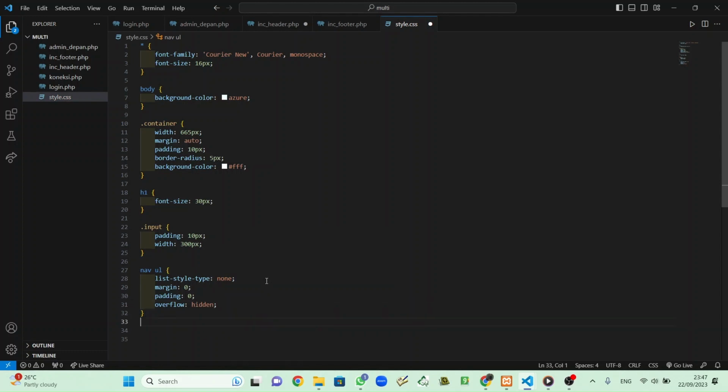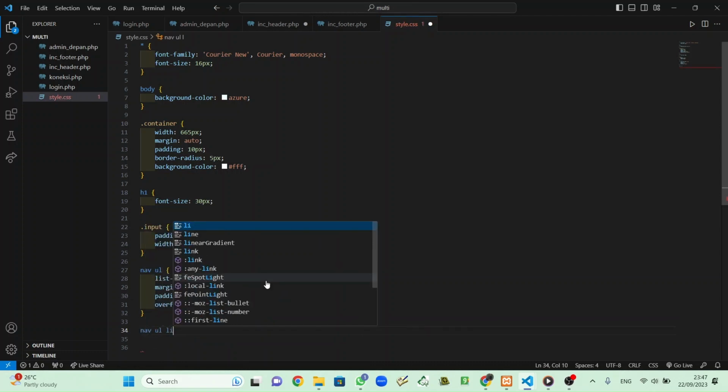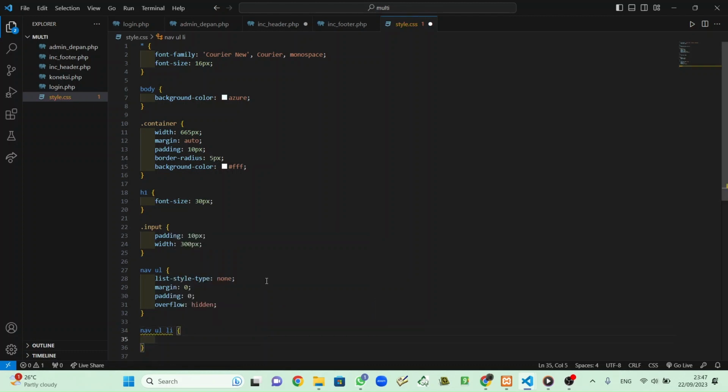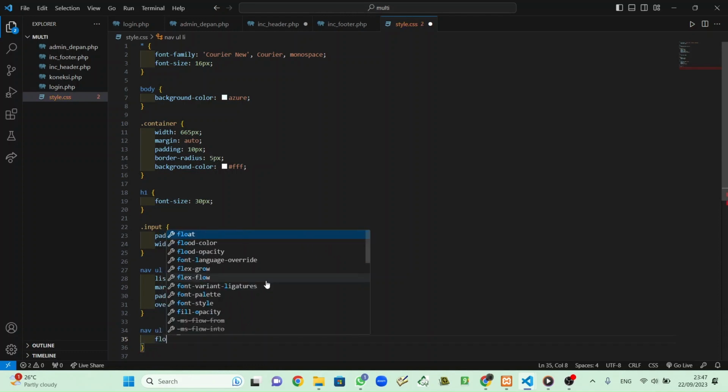Okay, next, the li inside, we'll make float left,